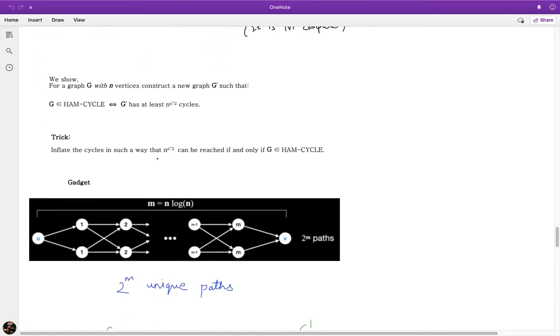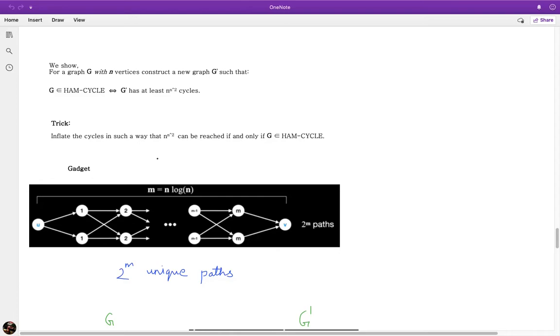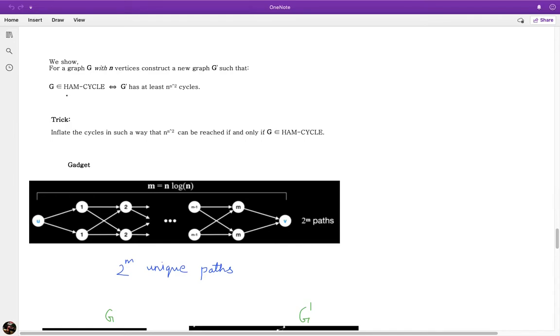Now to prove this, we take a graph G with n vertices, and we need to construct a new graph G dash such that if G belongs to Ham cycle, meaning G is a graph which has a Hamiltonian cycle, then this